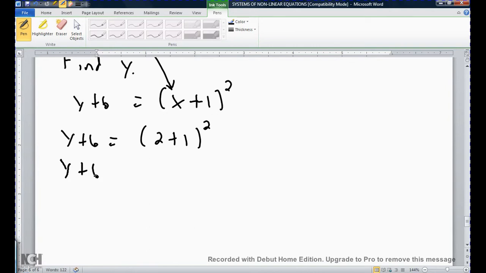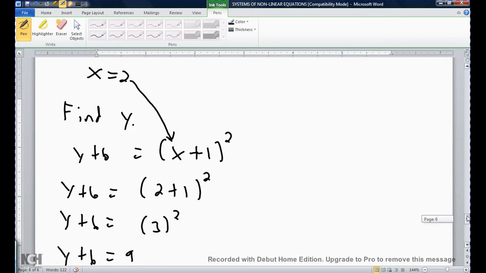Y plus 6 equals 3 squared. 3 squared is 9. Subtract 6. Y equals 3. So we had x is 2, y is 3, and our solution